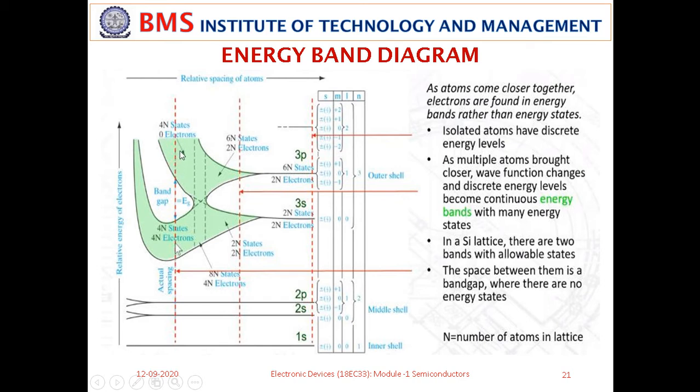Now if you compare that with germanium, it may fall somewhere here, this green line, because compared to silicon, which has a band gap energy of 1.1 electron volt, germanium has much less band gap. That means if you are moving to the right side, the atomic distance is very small. So this line may represent germanium, somewhere close to the silicon. So germanium has a small band gap energy.